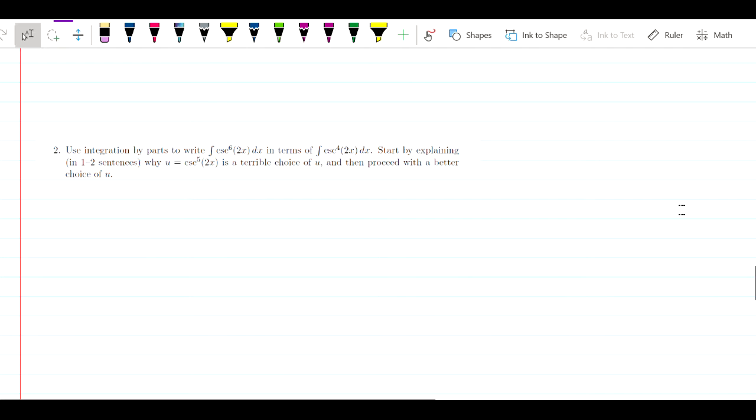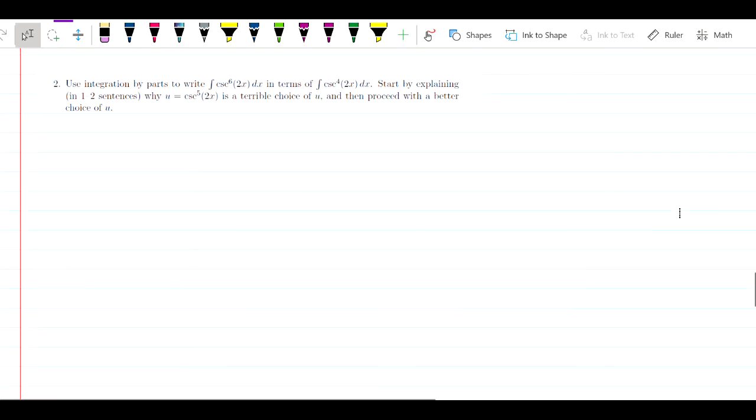So use integration by parts to write cosecant to the sixth 2x in terms of cosecant to the fourth 2x, and start by explaining in one to two sentences why u equals cosecant to the fifth 2x is a terrible choice. I realized there was one version of this where I had said explain why cosecant to the fifth x is a terrible choice. It is a terrible choice, but it's so terrible that it's hard to explain, so I'm not even going to bother explaining that. The issue is that if I were to choose u equals cosecant to the fifth 2x, then